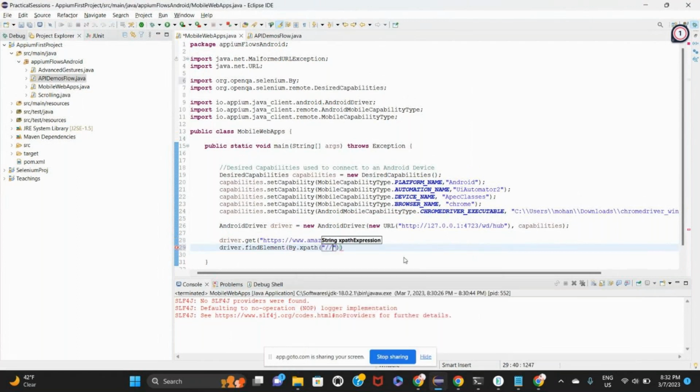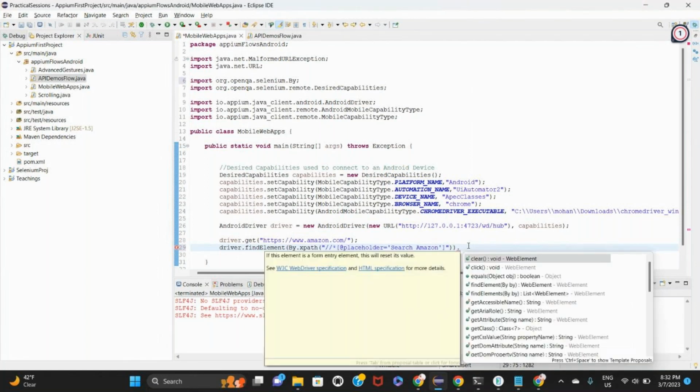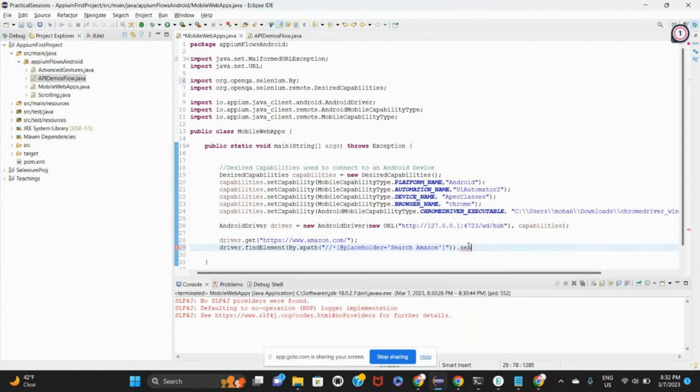I'll say double forward slash star at the rate, Control V. What is the method to enter text? It's the sendKeys method. Dot sendKeys, and keys. Yeah, sendKeys. So I'll say machine learning,